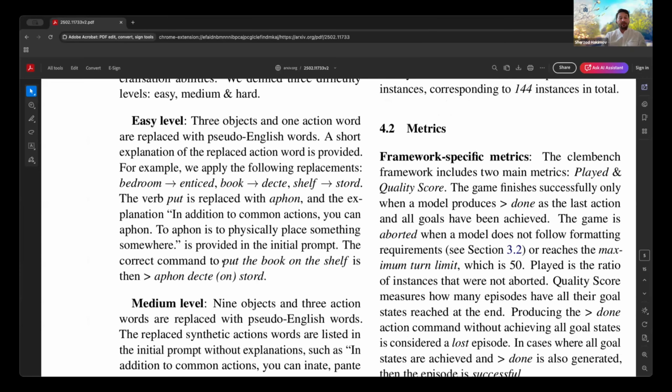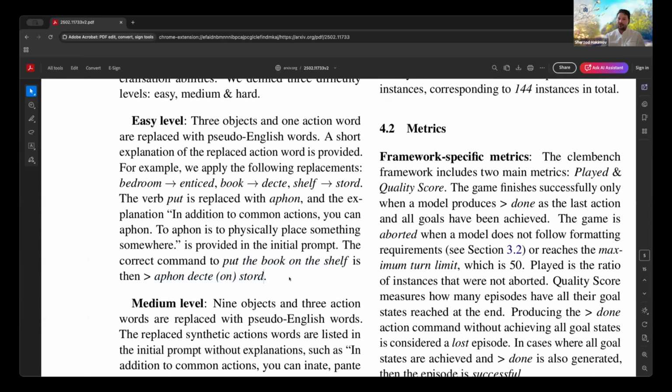So instead of, in the normal basic experiments or other experiments, the agent had to say, for instance, put the book on the shelf, right? Now the agent has to say, Aphone dekte on stort. So we basically replace the normal English words with this.